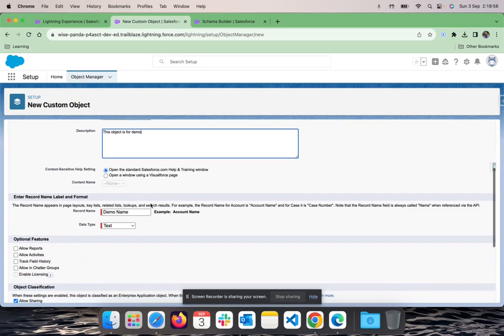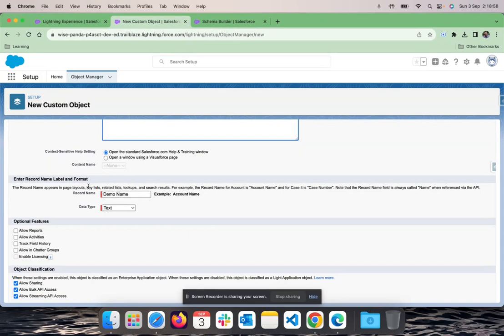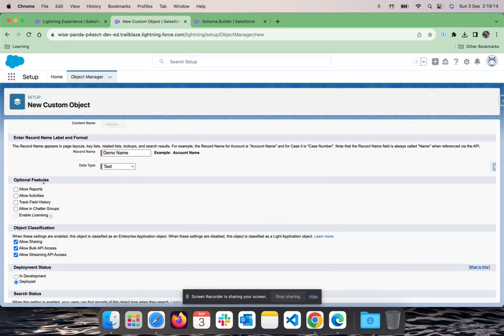Now Salesforce out of the box gives you one field. Either we can choose the data type of the field as auto number, auto number means 1, 2, 3, 4, or text, which means we can give some text, the name of that field. I'm going to select the text for now, and then we have a couple of features to enable: allow reporting,